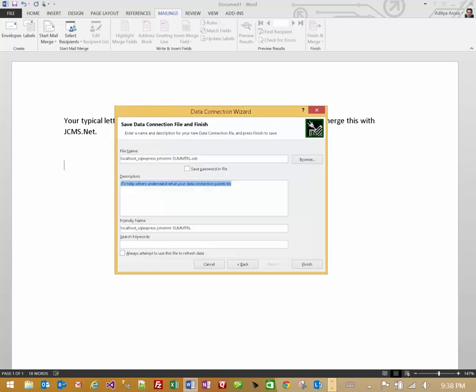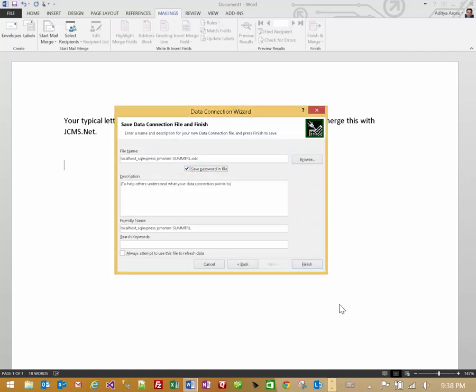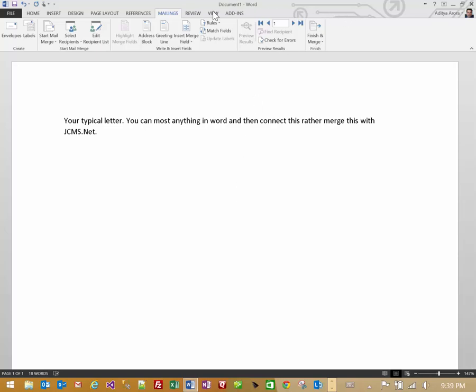We'll do a next. Okay, and there's a couple of items here. Number one, you want to save the password. Otherwise, you're going to always have to type the password in. Localhost, you'll notice that you have a friendly name with it, and it says always attempt to use this file to refresh the data. When your letter is done, Microsoft Word is smart enough to say, hey, should I go out to the database and see if I can pull new records? And in this particular case, you'll want to do this. Okay, so once this is done, we'll go ahead and click Finish,